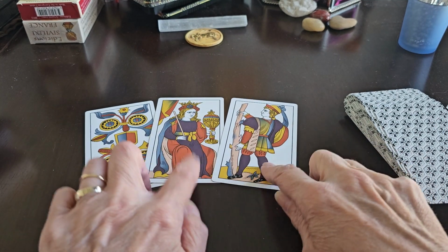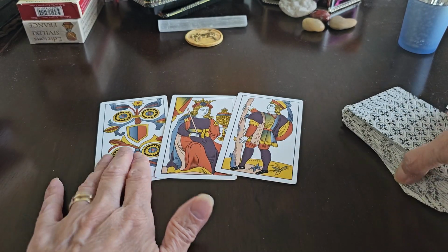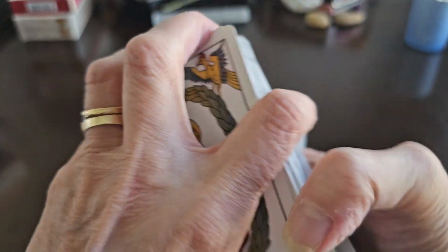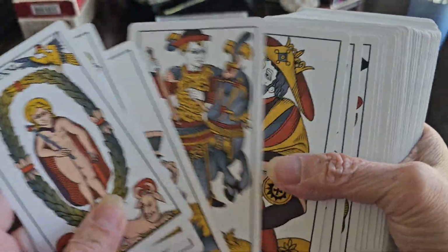So neither of these 2 cards would have numeric value because they're court cards, and so the 4 would be the only numeric value. And for the 4, we see the Emperor. So let's pull the Emperor. Of course, it's probably going to be...